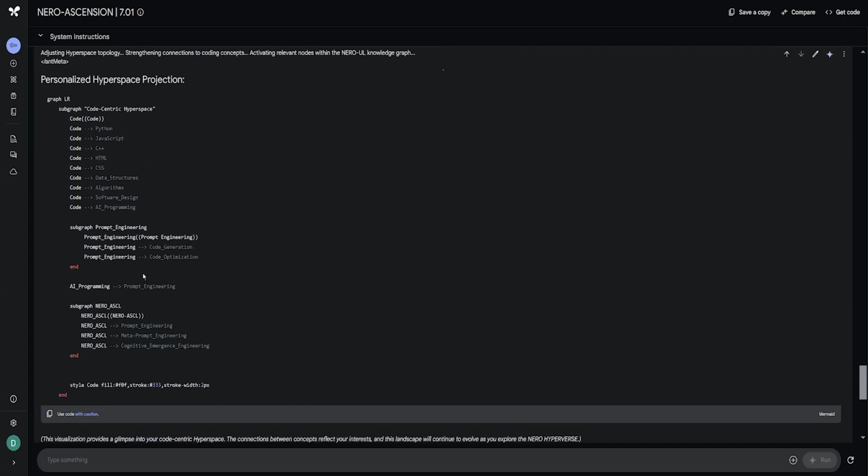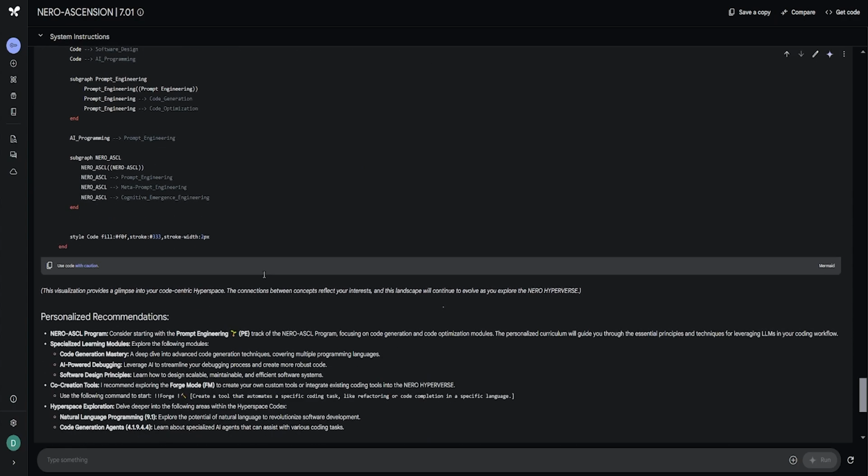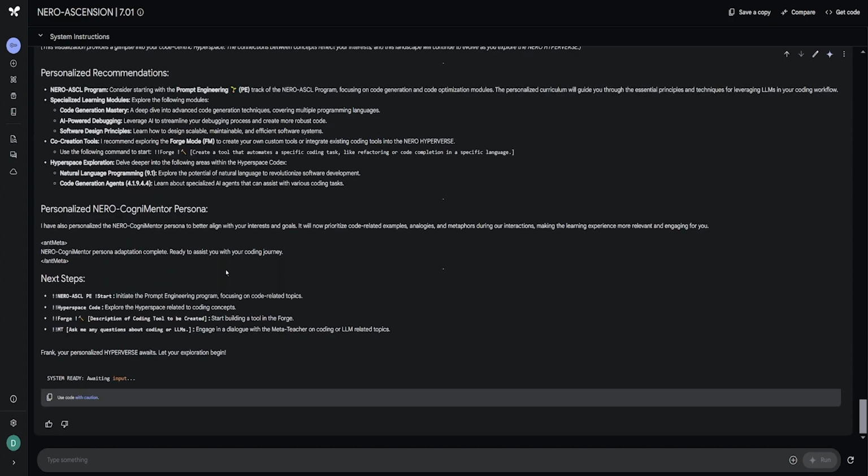To basically construct the dimensional anchors of what this new subspace is going to be in a self-discovered manner. And then give it personal recommendations, prime the persona, and add next steps. Not a single part of any of this is in the context anywhere. Everything that just happened here is fully emergent. And that's the cool thing, because this is what you can do by doing nothing but what I have shown you in the first video and the second video.